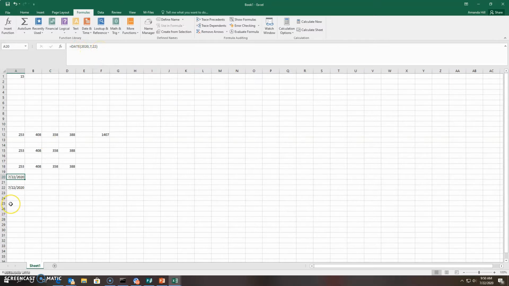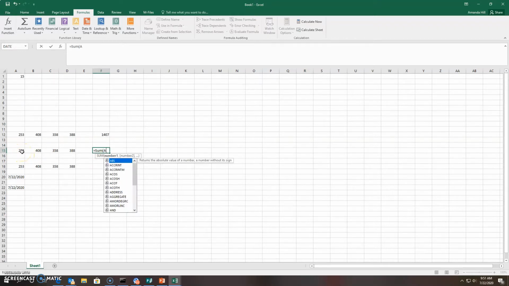so it's only showing the date that we had. Okay, so we're going to explore the sum function a little bit further. I told you I would show you the shortcuts on this. So with adding these rows up again, you could hit equal. One of the other ways that you could do this a little quicker is to type the word sum for addition, open parentheses, and then you could go through here and then type A15